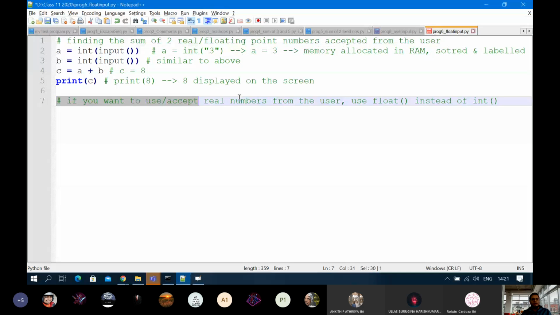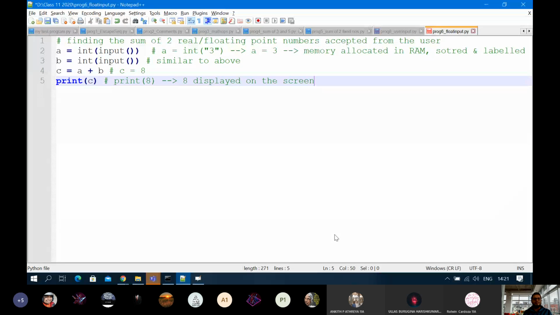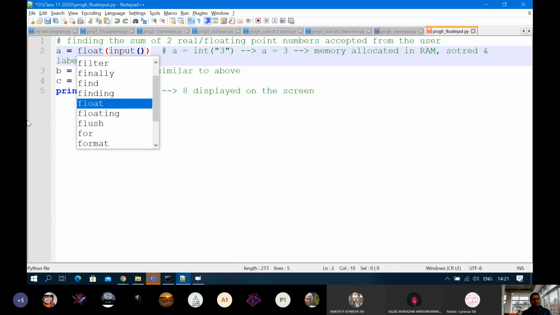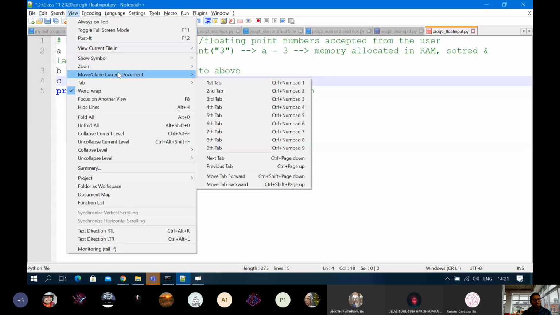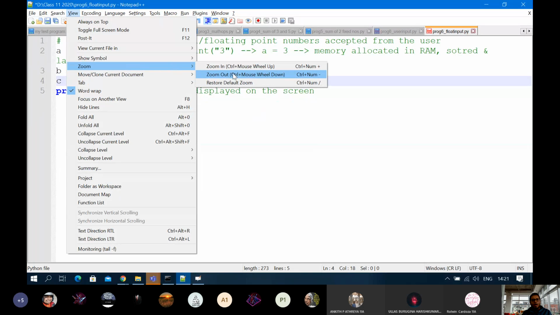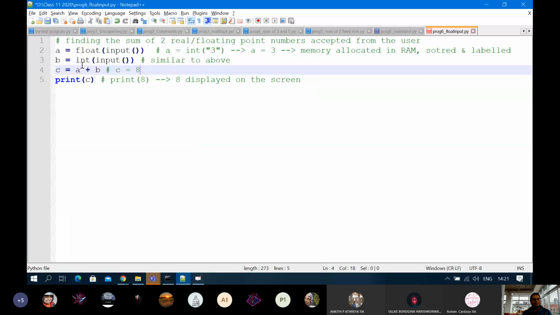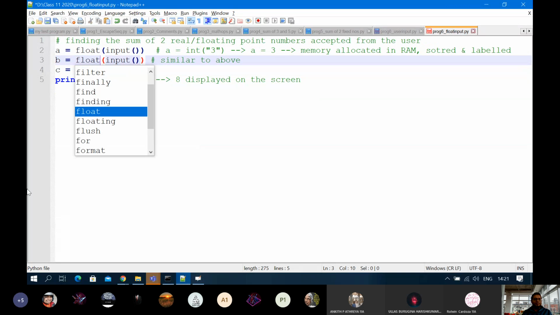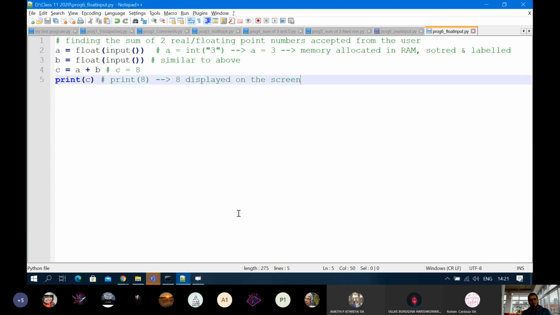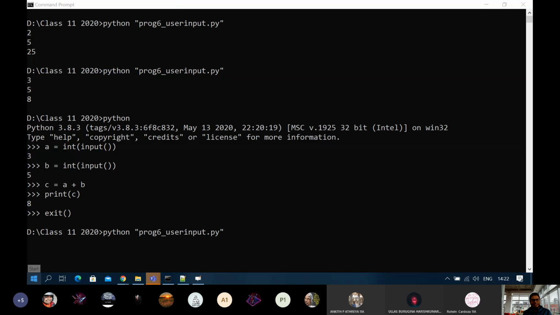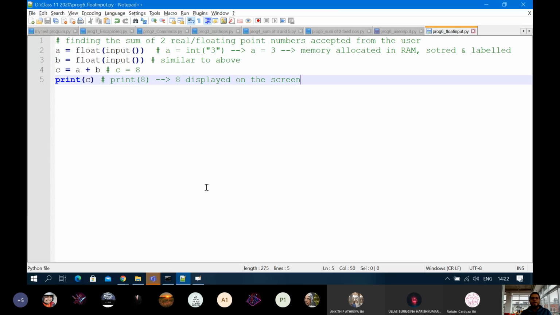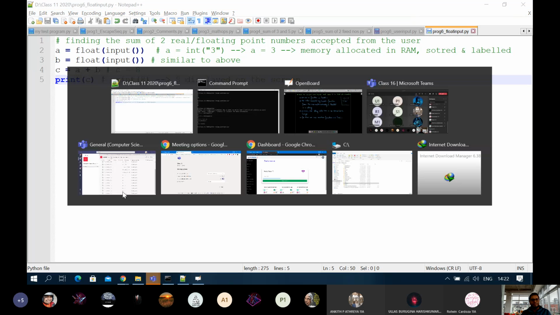So what we'll do is we'll simply change this into float. This to float. देखो, let's say this program जो अभी, okay, I made a mistake here.